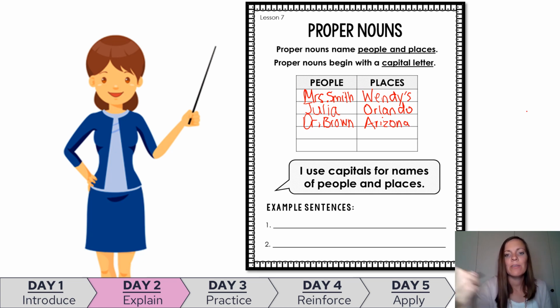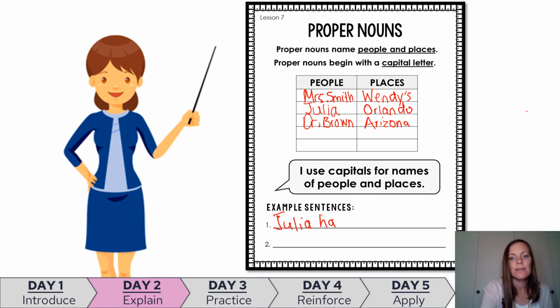And then you would fill out that chart. And then you'd review your focus phrase here. I use capitals for names of people and places. All right, great. Let's write some example sentences together as a class to show how we can use capitals for names of people and places in our writing. Okay, who can think of a sentence here? Great, Julia